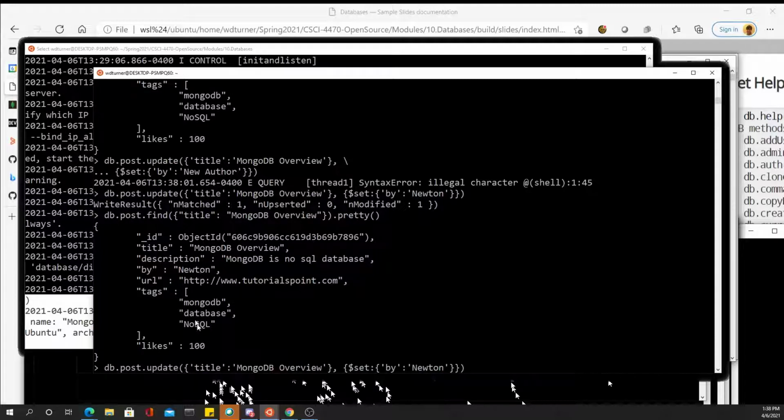For an update, what you have to do is you have to give it a search field as the first field. And then if you want to change a specific field, you use this $set command. There are other commands like $push. So if your field is an array, like if by were an array,